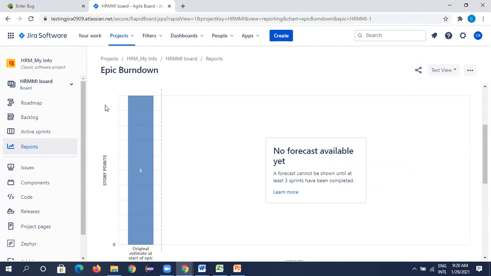Right, clear guys? Clear about the Jira tool? You guys create one project, add my testing email ID as one of the resource people, and just create it and send me. Okay, I will look into whether you are doing it or not, and whether you are getting stuck anywhere.